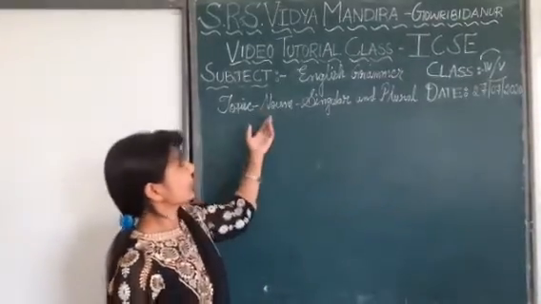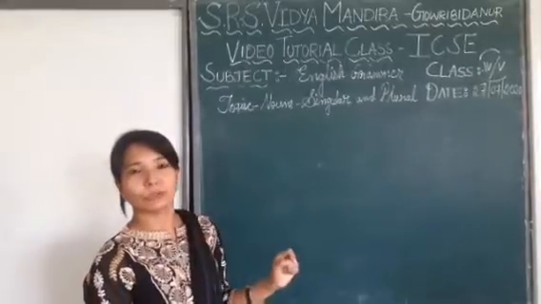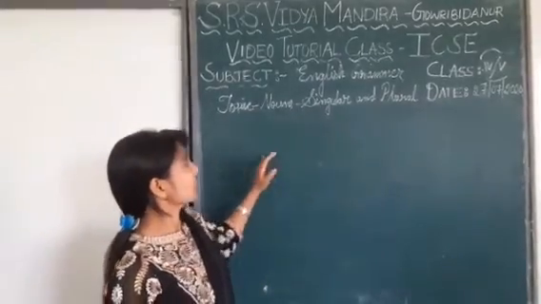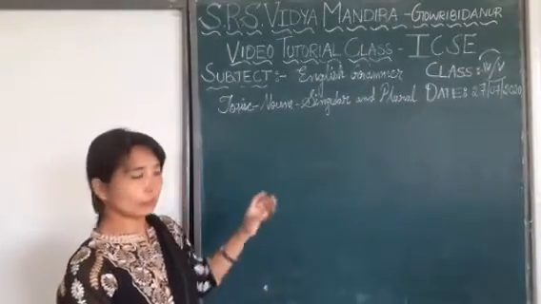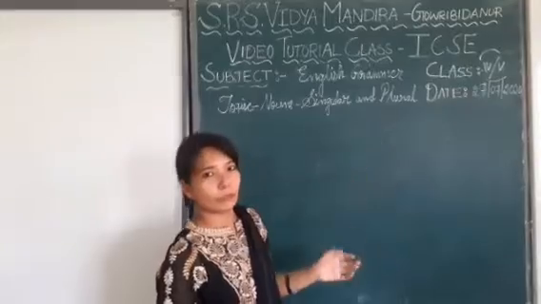We all know what a noun is. A noun is a naming word. It can be the name of a person, a place, or a thing. But what happens when there is more than one noun? So we'll discuss here what a singular noun and a plural noun are.